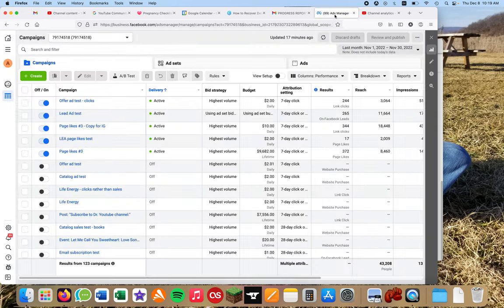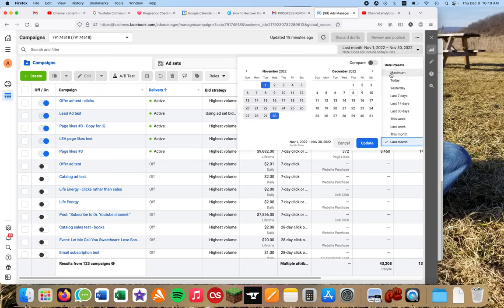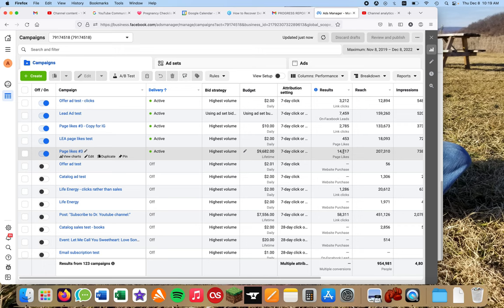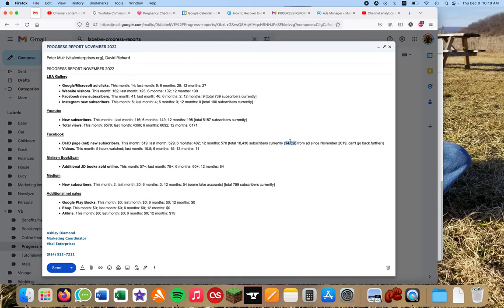Okay, number from the ad, go back to Facebook Ads Manager, business.facebook.com/ads manager. We have page likes number 3 is the correct one. Make sure you got the right dates up here. We're getting the total amount from the ad, aren't we? So we go up here, click on the dates, choose maximum, 14817, plug it in. To get data on the videos, we're going to go to,